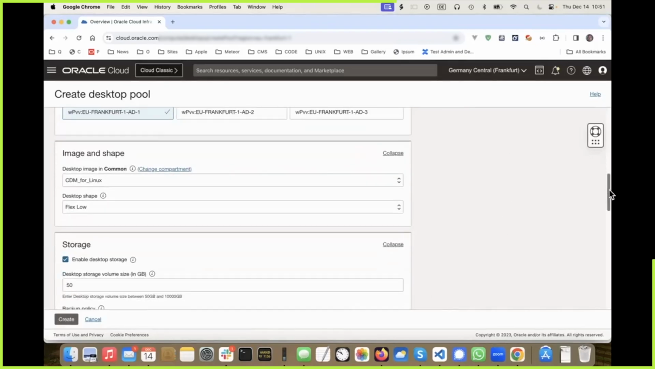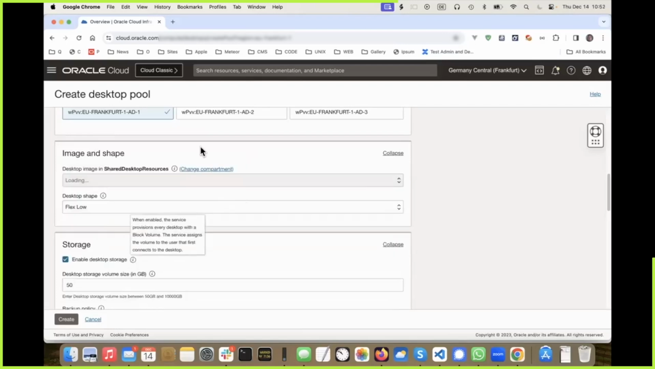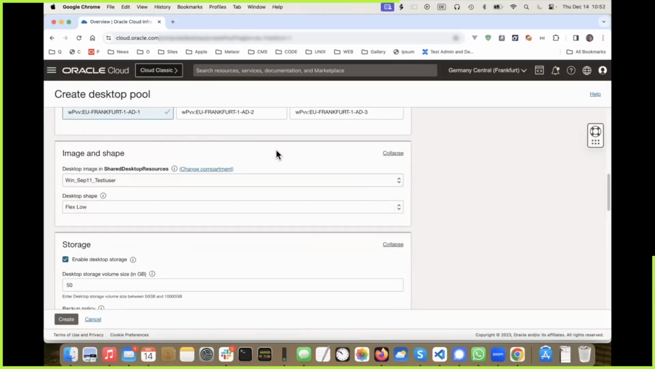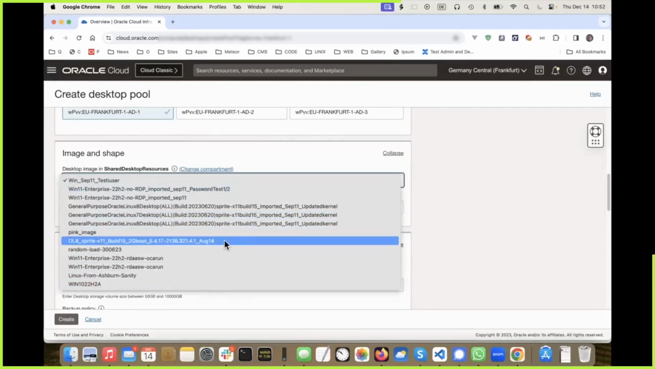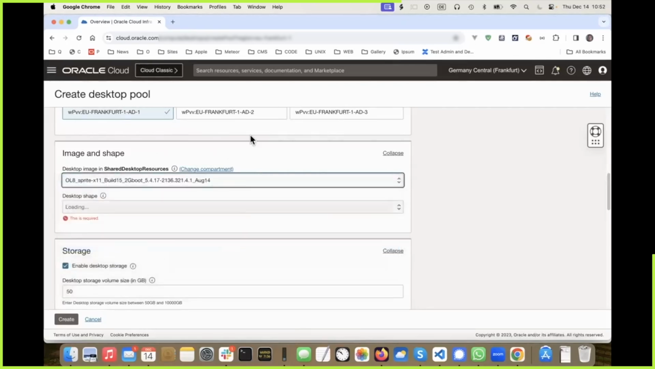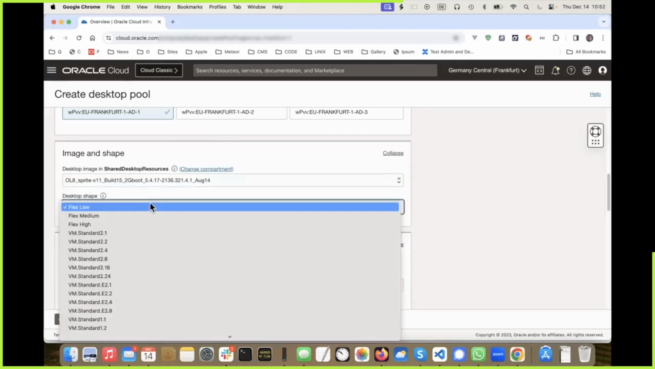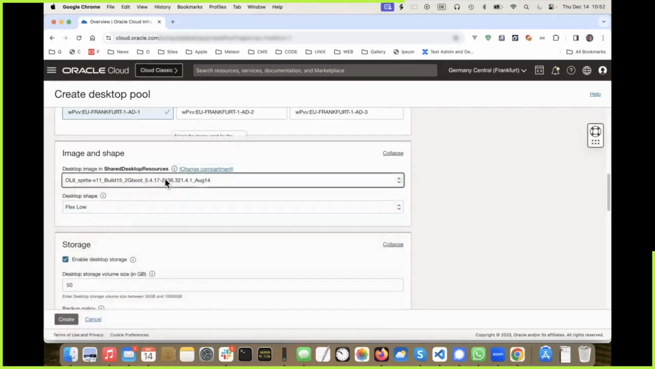Now, what happens when you create a pool is you basically say, let's use a particular image in a particular compartment, and the image is basically just a compute custom image. So as you can see, we have several different images here. So if I choose this image, it basically shows me which shape the image actually supports. And that shape then shows up in this drop-down window. When I choose a different